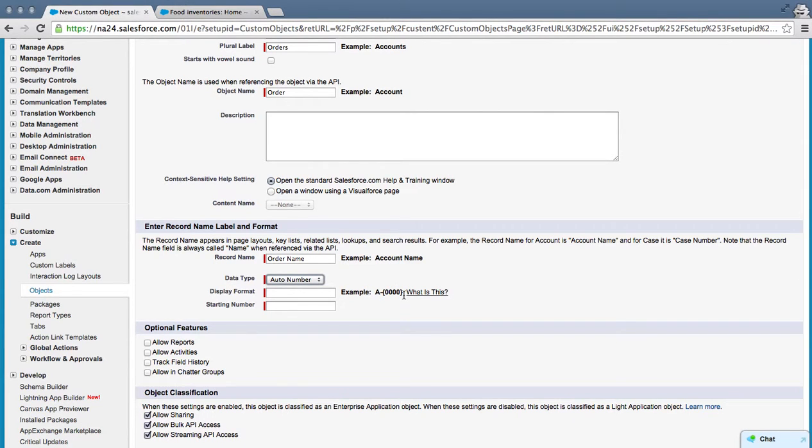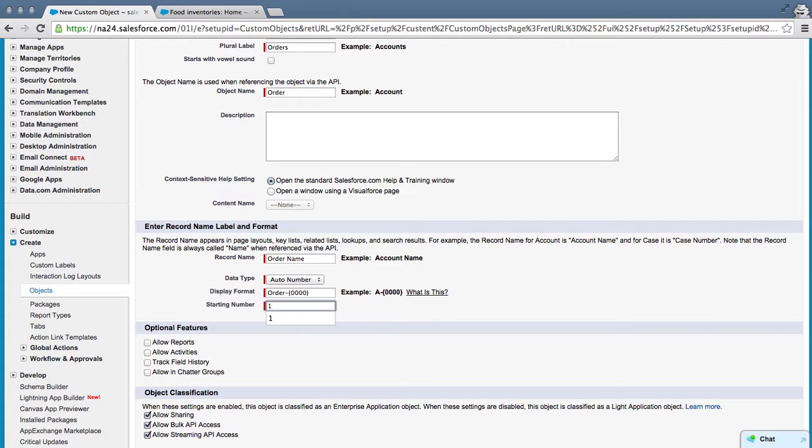So we will use auto number field, and we will use the format offered by Salesforce. Instead of A, we will say order, so the display format is going to say order 1, order 2, order 3,